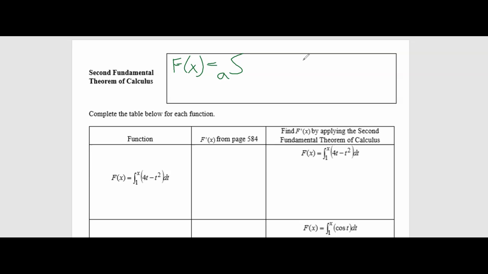So it may be like x squared, or it may be 3x squared, or maybe it's going to be something like x over 2. So to get around all the different types of functions they could put at that upper limit of integration, we're just going to call all of them g of x. So g of x represents whatever type of function you could have at that upper limit of integration. And then the rest of it's going to be the same, f of t dt. So if capital F of x equals that, then